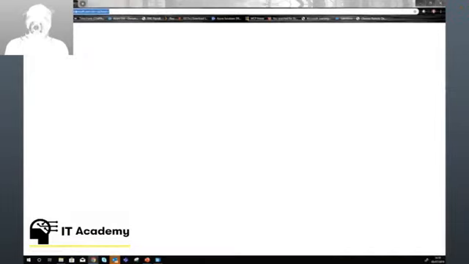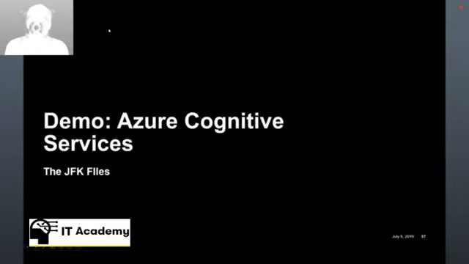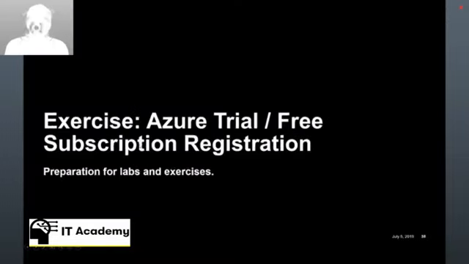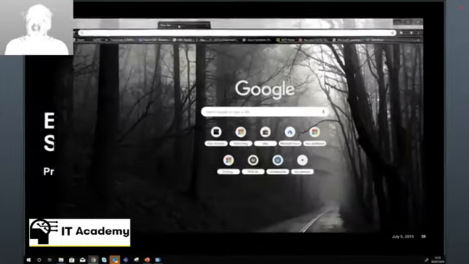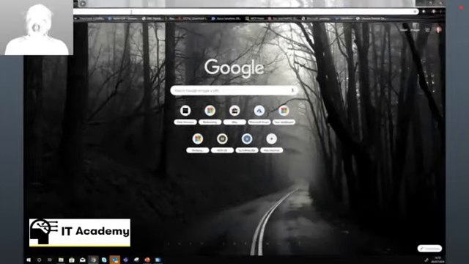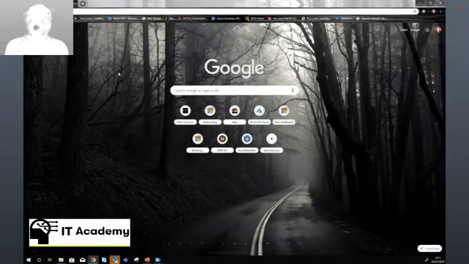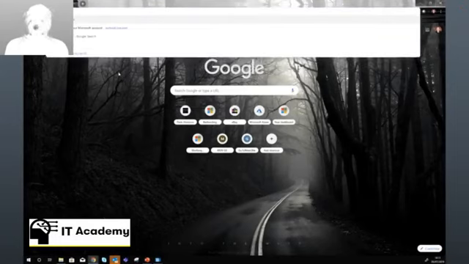So, to close out today's session, what I want to do is finally just show you how to set up an Azure free trial subscription. This is actually a lot easier than you might think. This is a testament of just how easy Azure makes things. What I'm going to do is create a new browser window. And I need to have a Windows Live ID to be able to create an Azure tenant. So it might be that I start off by going to, if I don't have a Live ID already,